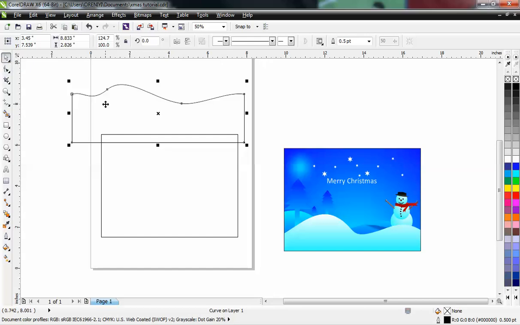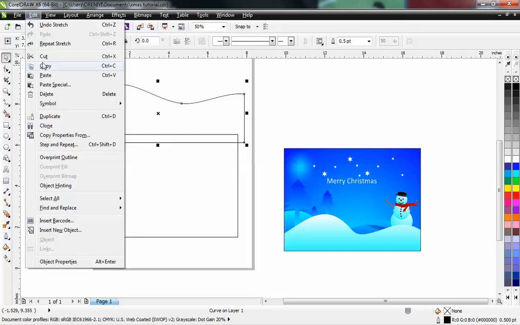I'm going to duplicate. If you want to duplicate, it's very easy. You can say Control C and Control V. Sorry, you can say copy and paste. But I don't do that because I have a lot of shortcuts for that, and I'm sure many people out there who know more about CorelDRAW should know this. So if you want to copy and paste, you come here, copy